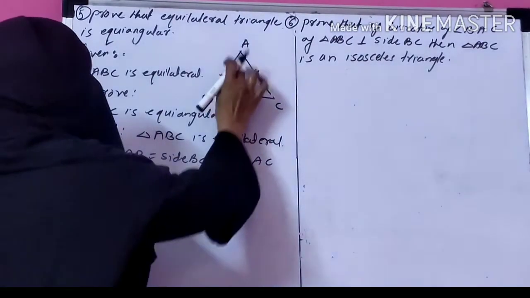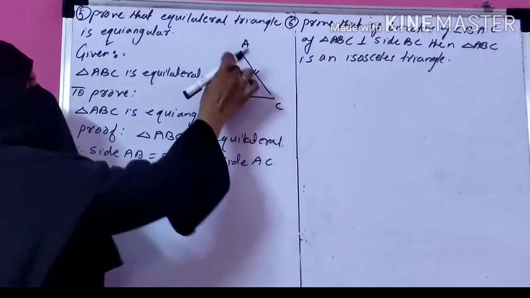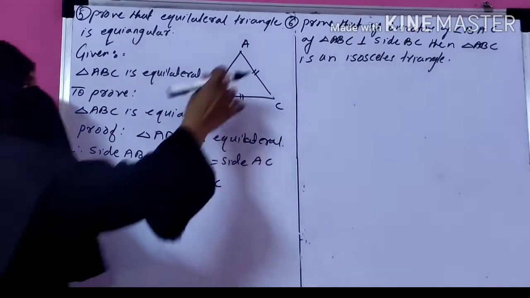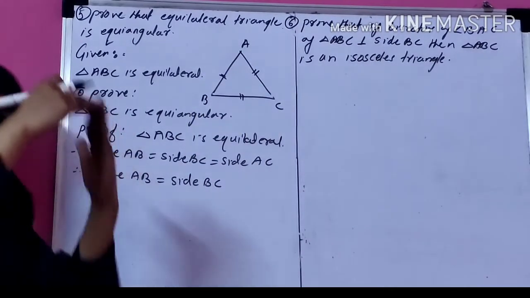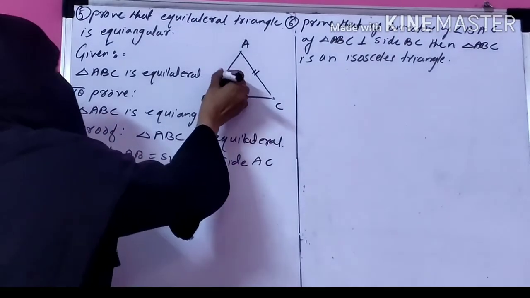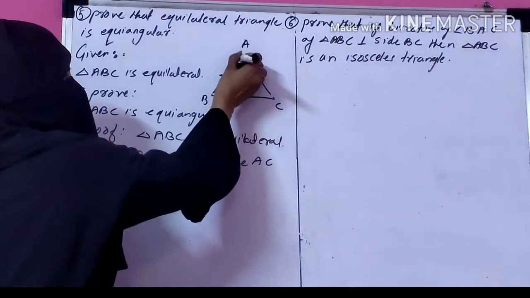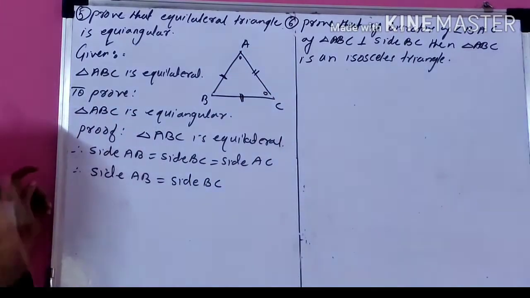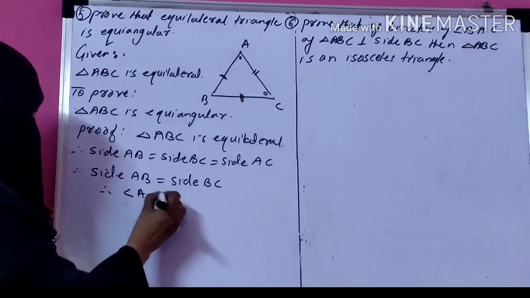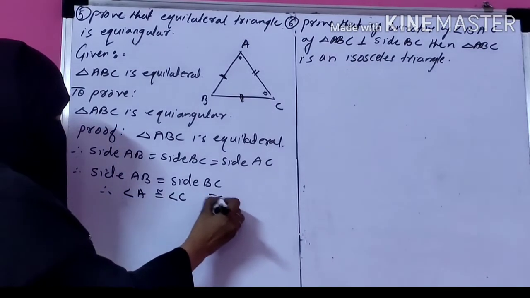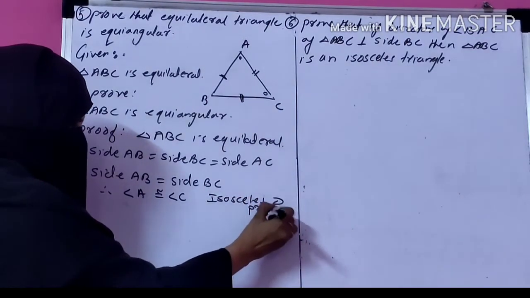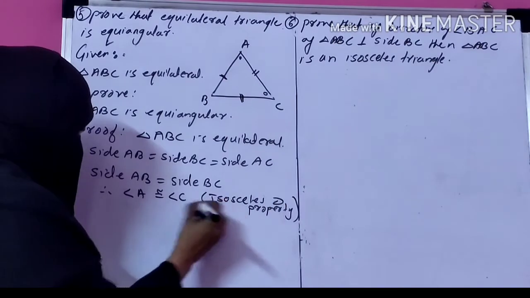If side AB and BC are equal, then the triangle becomes isosceles. If I suppose these two sides are equal, then your triangle is isosceles. And the angle in between the congruent sides is equal, by the isosceles triangle theorem. If I say AB is equal to BC, then the angle opposite, that means angle A is congruent to angle C, isosceles triangle theorem. So therefore angle A is congruent to angle C, isosceles triangle property. Okay, give it number 1.